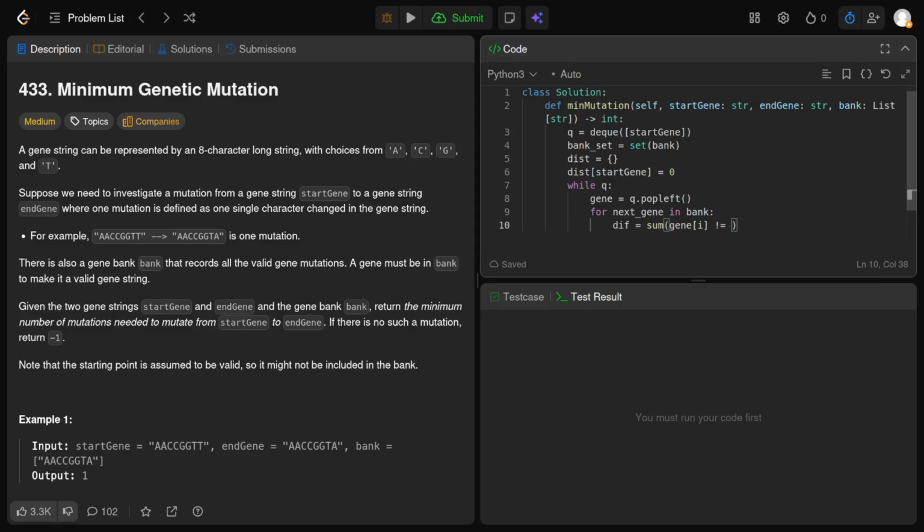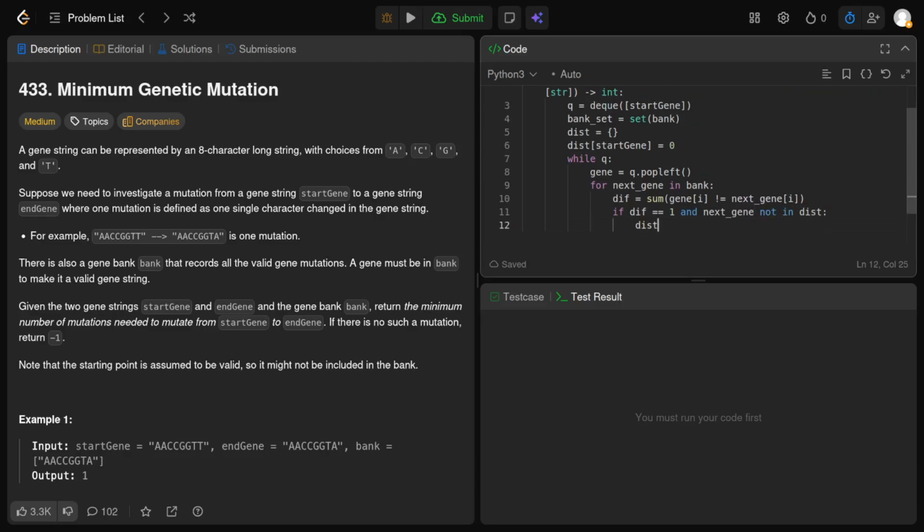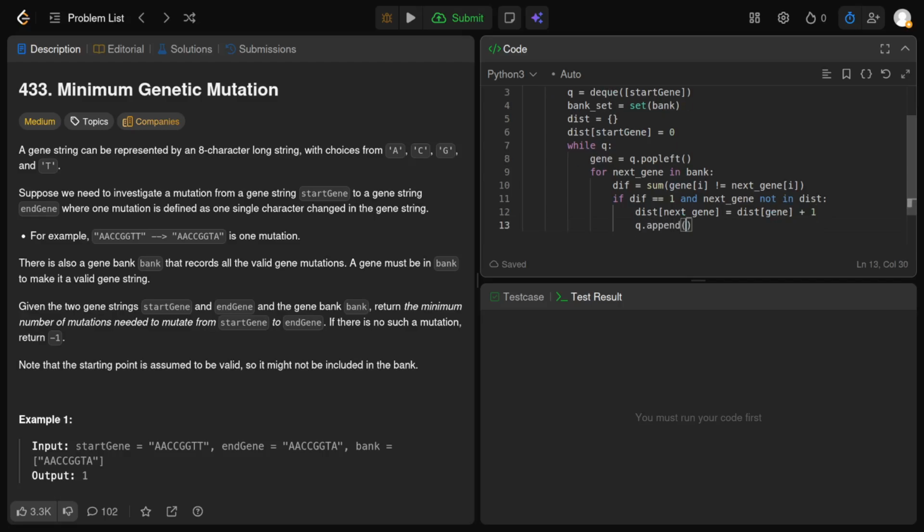Gene i doesn't equal next gene i, if the count equals 1, so this is 1 and this is not in the distances, then this next gene's distance is this gene's plus 1, Q append,